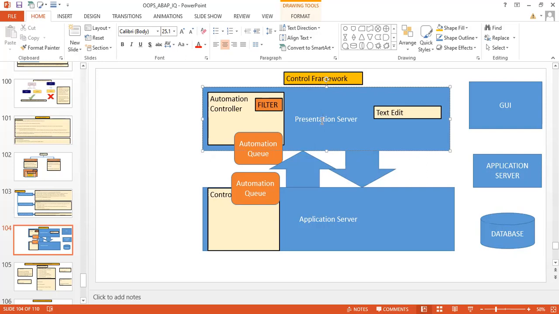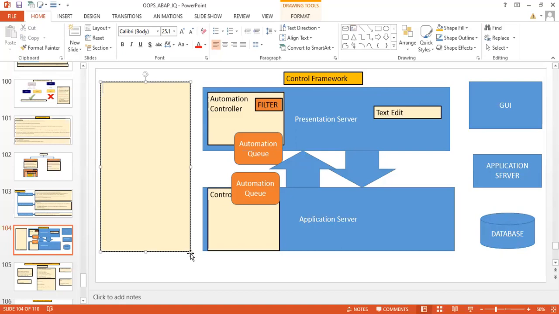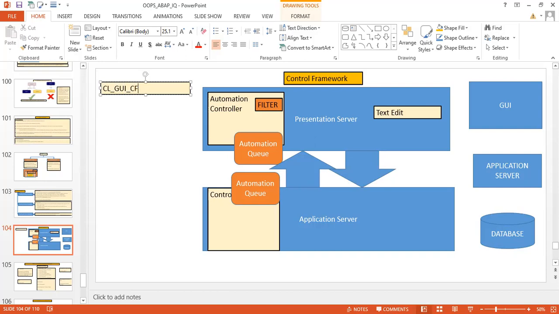So how will you give the answer in a concrete way? This is important, so I'm stretching a little more. Your answer should be something like this: CL_GUI_CFW, the control framework flush method. What is the use of this?